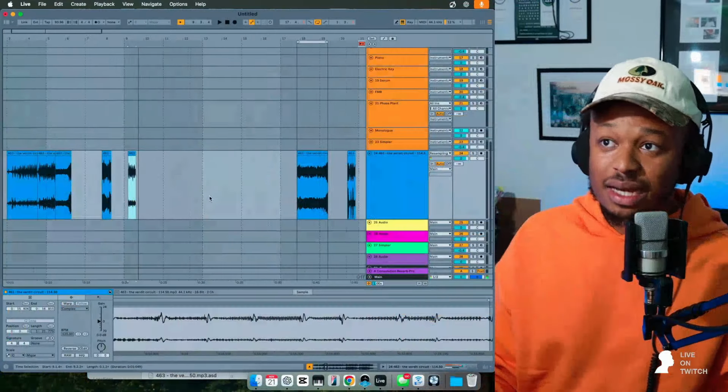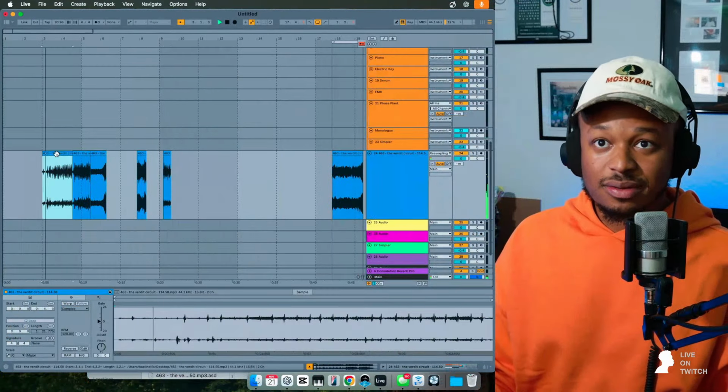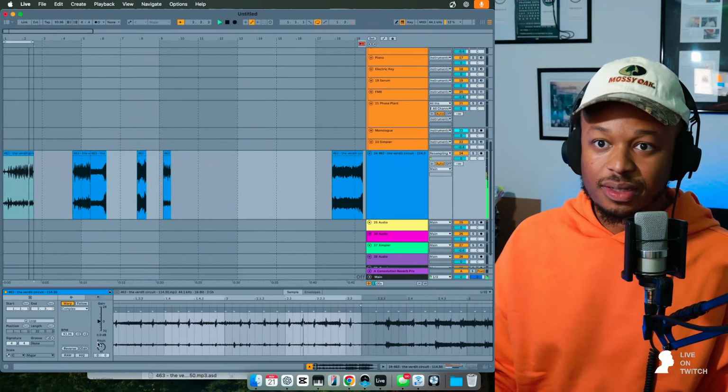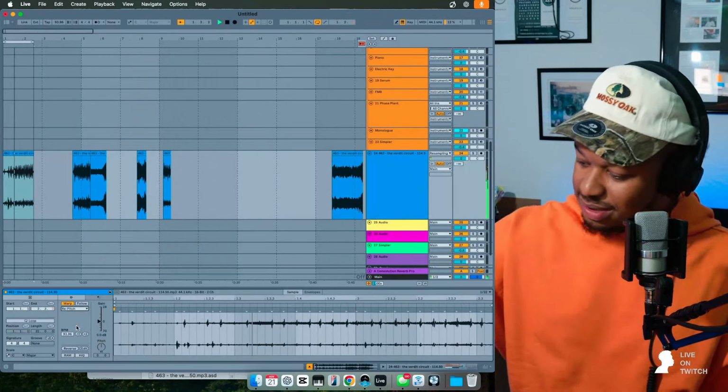Follow the feeling of what you like. If you like shorter bits, if you like cutting things up, go down that route, because there's no wrong choice. There really isn't. So with that being said, I think I'm going to take this one. I'm going to loop this. Repitch this.